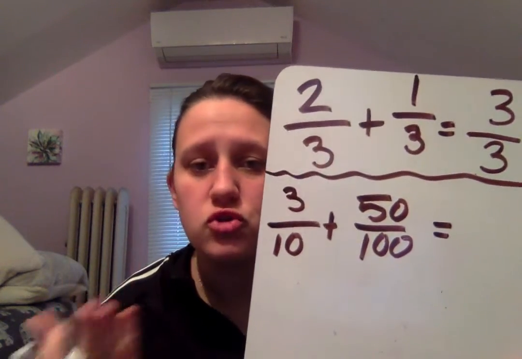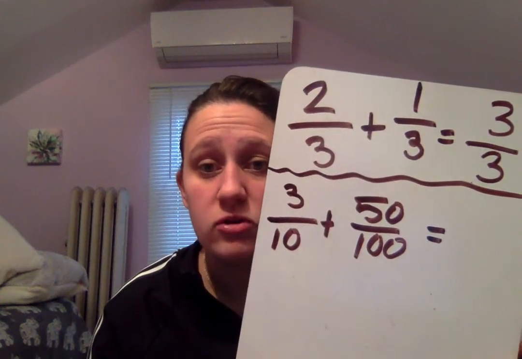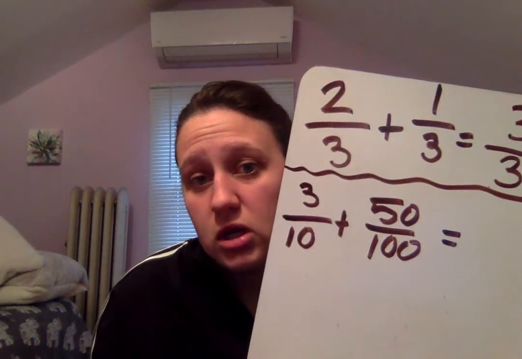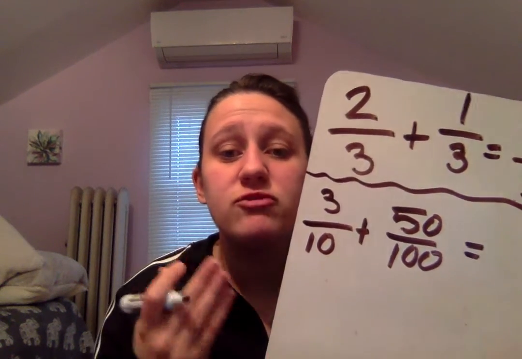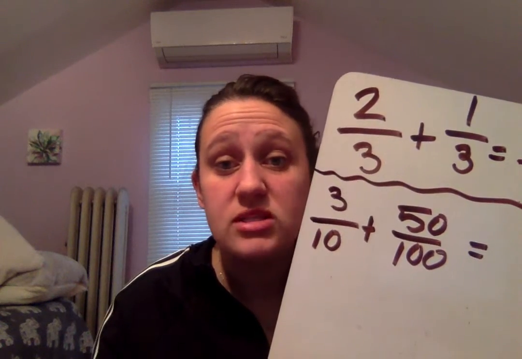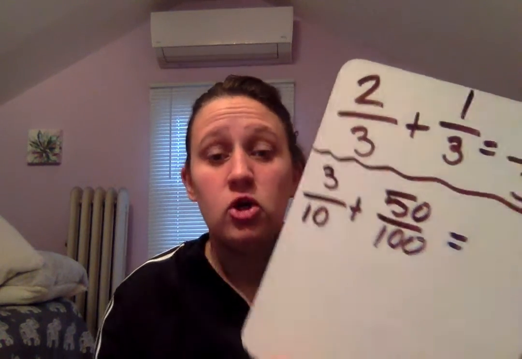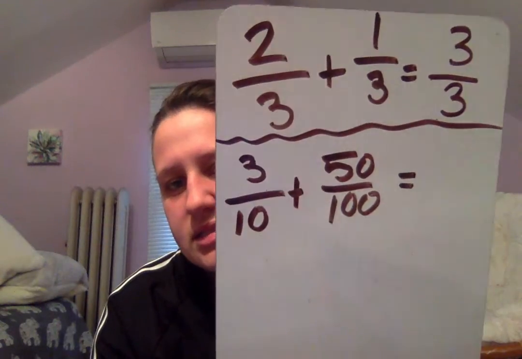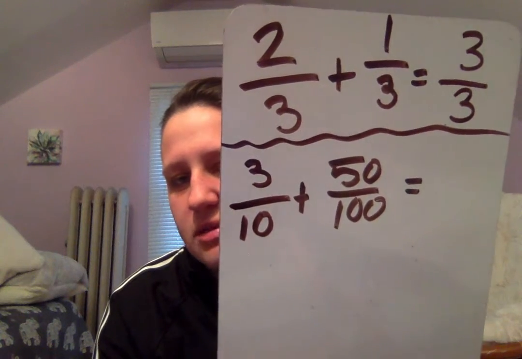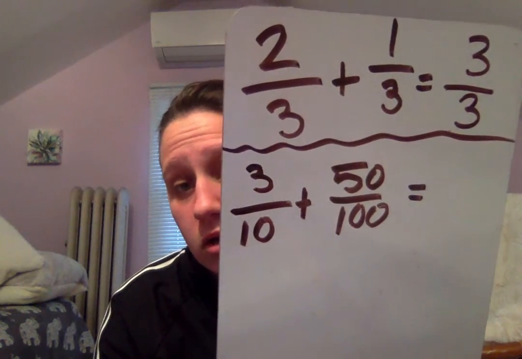Well, the thing is, you can't choose between them because both denominators are the most important numbers. So I can't say, oh, well, I like 10 better, so the denominator is going to be 10. I have to do something to make the denominators the same. Otherwise, I can't add them. So I feel like I could make the 3/10 into a 100. I feel like that's the easiest thing because we remember our rule for that is pretty simple. You multiply by 10, or that means you just add a 0 to the top and a 0 to the bottom. So 3/10 would become